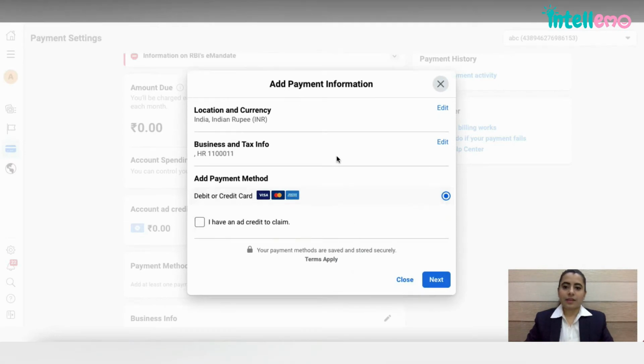So a screen like this would open up. You can edit your location and currency along with business and tax information from right here, and then proceed ahead with addition of debit or credit card as a mode of payment. So now I'll click on next,